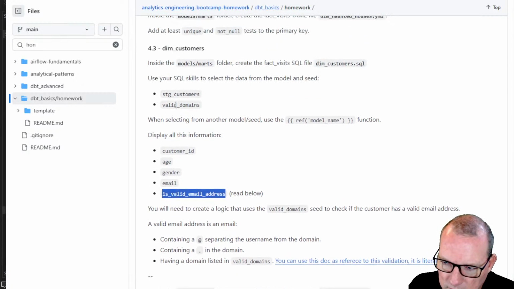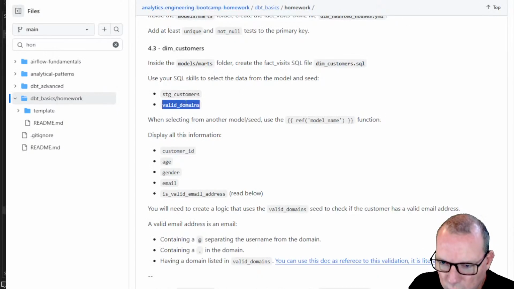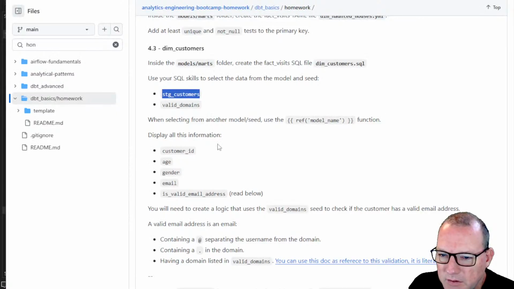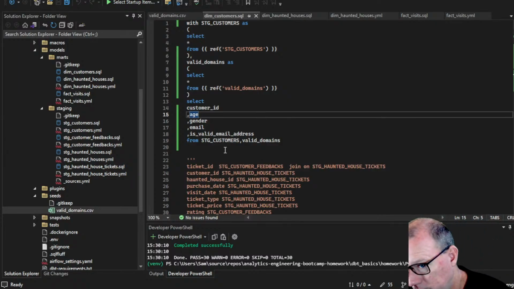yep, bringing in the model and the seed. So completely missed that, even though it was literally written right here. Boom and boom. Valid domains. Boom. I have that name right? Valid domain. Okay. All right. Now,